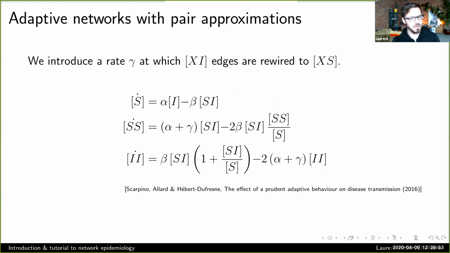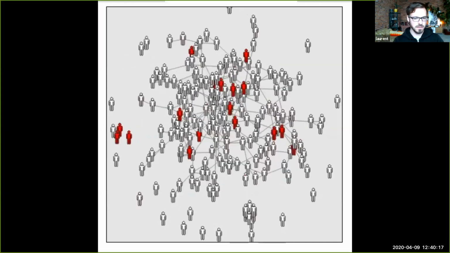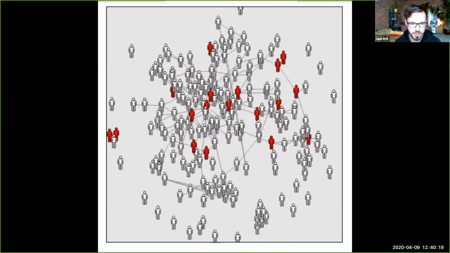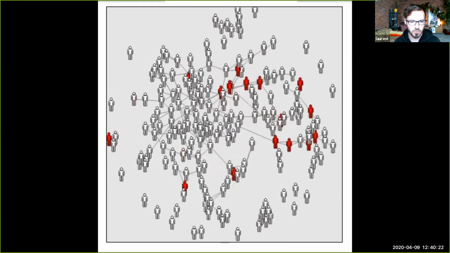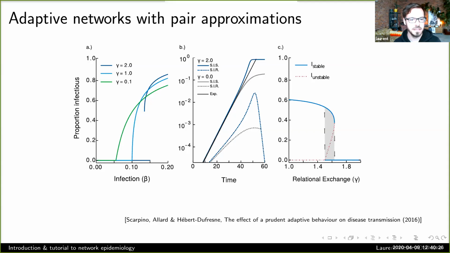So we did this simple model. I'm just showing the equation in part to show you that it's not that much more different from what we've already seen. But this is an adaptive network model where we have this new rate, gamma, that governs this rewiring mechanism. And this is an interesting model because, as with a lot of network models, we can do a lot with pen and paper. We can get a lot of analytical intuition. And the picture we have in our heads is of a network that keeps rewiring like this, where people are trying to get away from the disease, rewiring away from sick individuals. That seems like a great idea in practice.